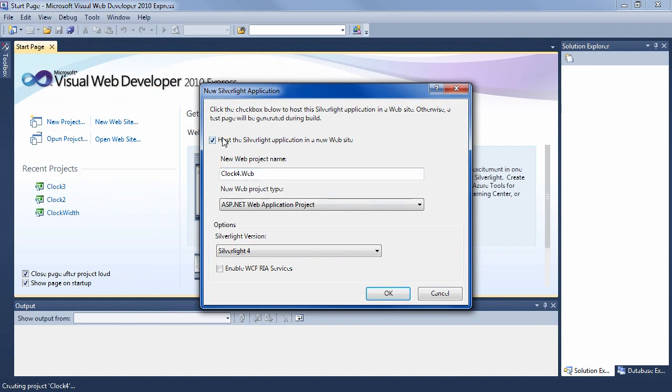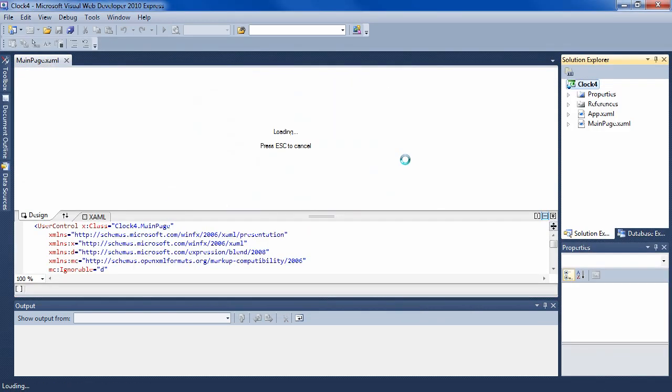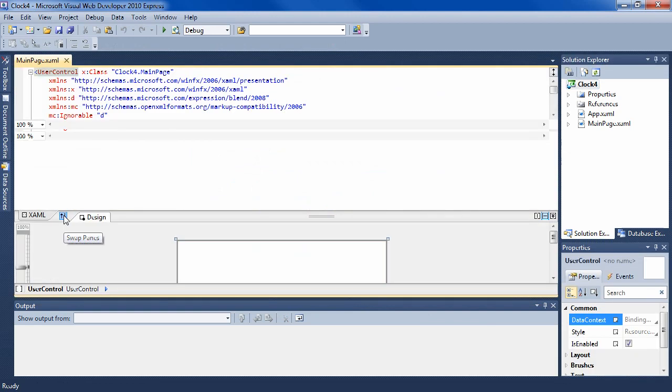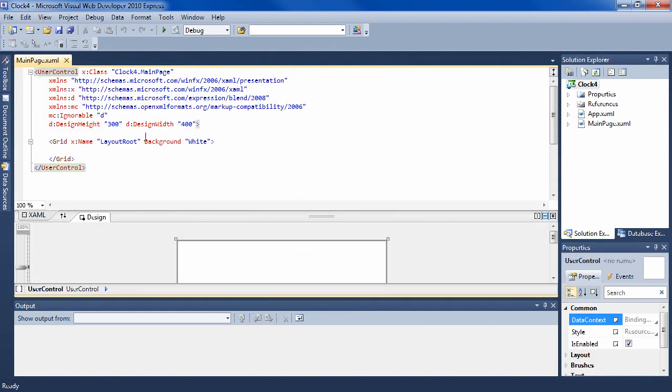Now, because we're going to be embedding a Silverlight widget in any HTML page, it could be a PHP page, a plain HTML page, a Ruby page, anything that runs HTML, uncheck this box. Make sure you have Silverlight 4 and OK. So, go ahead and click this so that you're in the XAML, and I'll show you quickly a way to